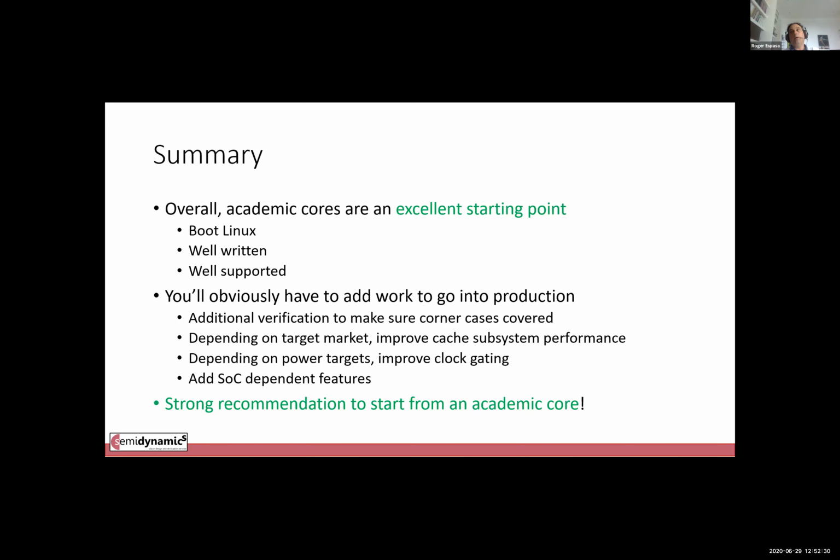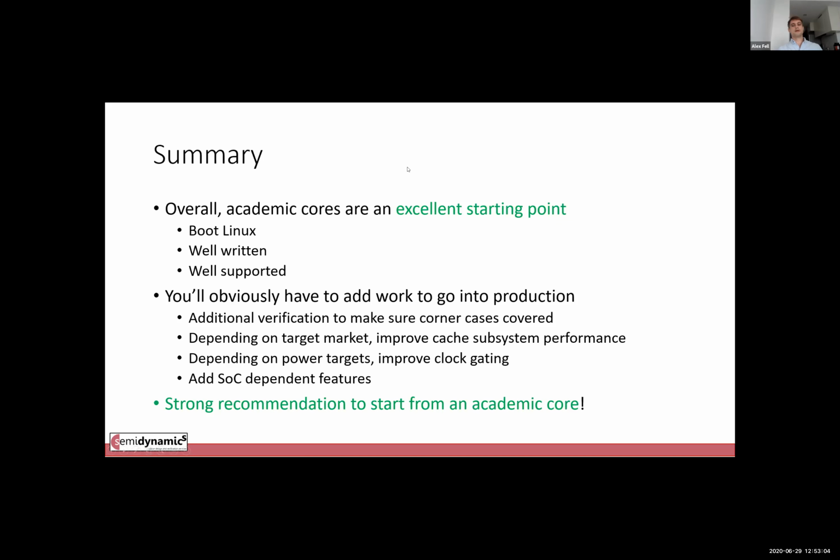If I find a bug in an open source core, the RISC-V Foundation is not guilty. I should go back to the owners of that core and say, hey guys, on an fconvert, you forgot to set the inexact flag. That's the owner of the open source core that should fix it, not the RISC-V Foundation. But yes, those bugs that we found, we will eventually notify back to the owners.